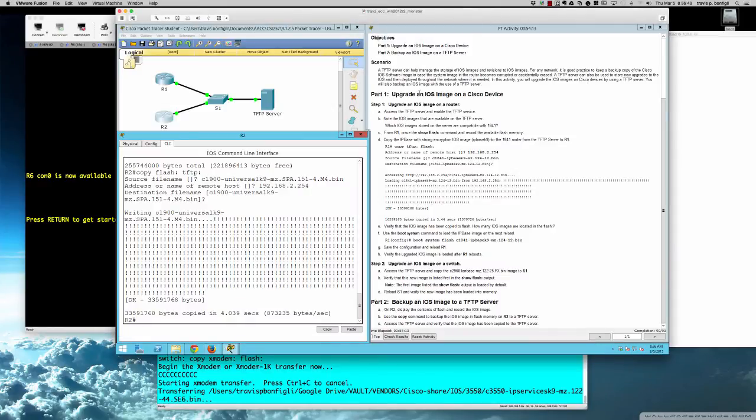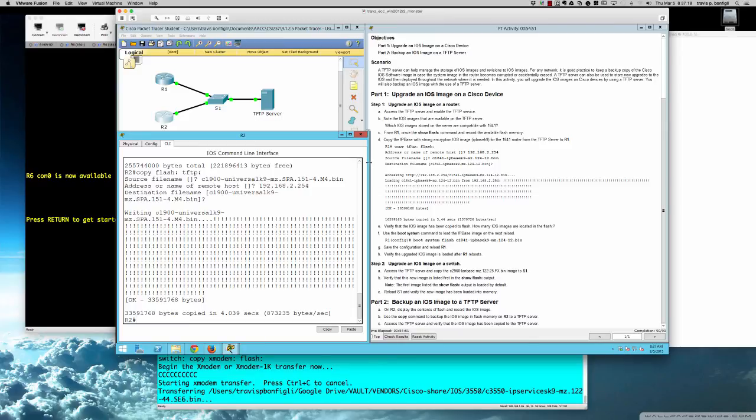All right, so that wraps up Packet Tracer Activity 9.1.2.5. We had a great opportunity to take a look here at how we get IOS files onto routers and switches, and how we get them off routers and switches. We looked at two free TFTP server programs, the SolarWinds TFTP server program, as well as the free Mac TFTP server program that you can use to move files to and from a TFTP server. And we also took a look at what happens if you remove your IOS by mistake,